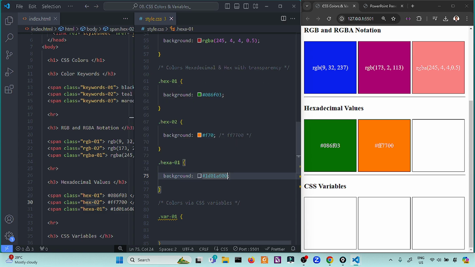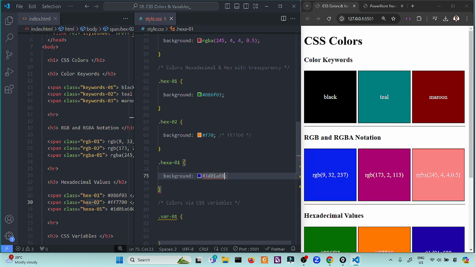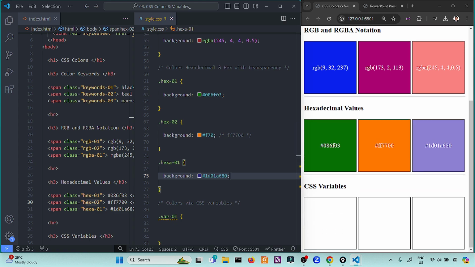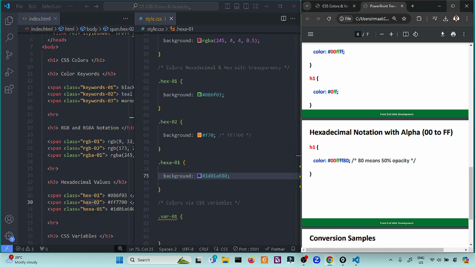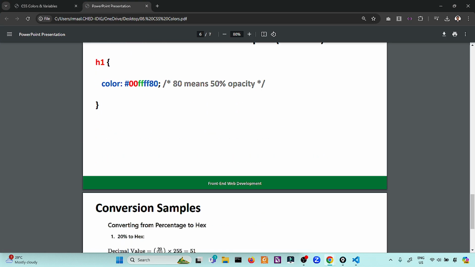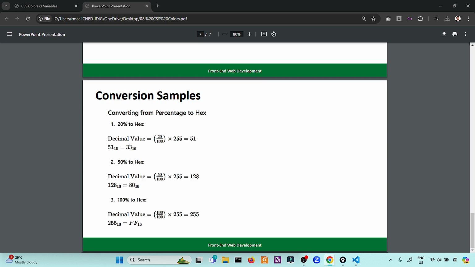The 50% notation I'm talking about here is 50% transparency. So let me show you the conversion. If you want 20% transparency, 20 over 100 times 255 is equivalent to 51. So 51 in decimal converted to hexadecimal is 33.